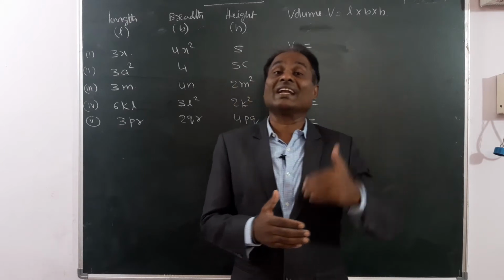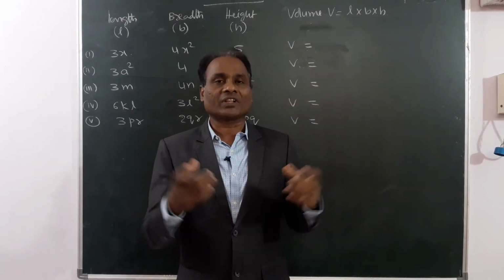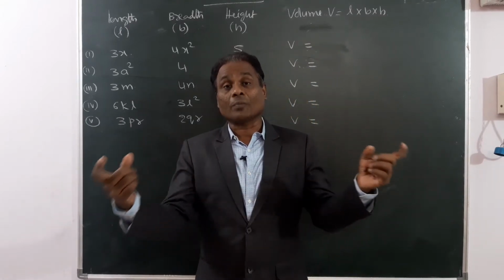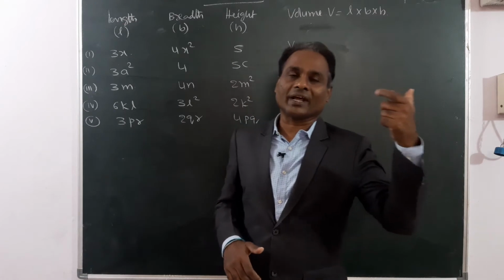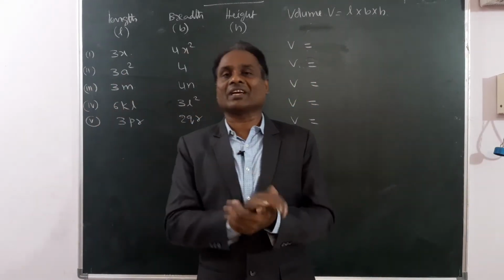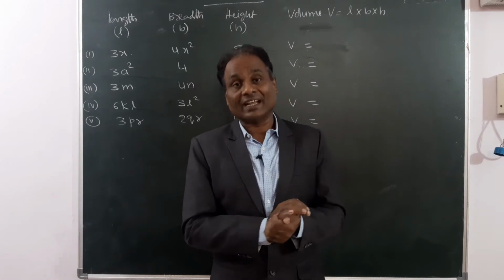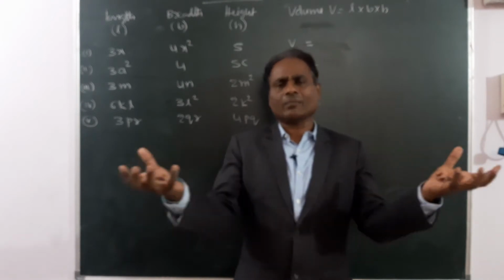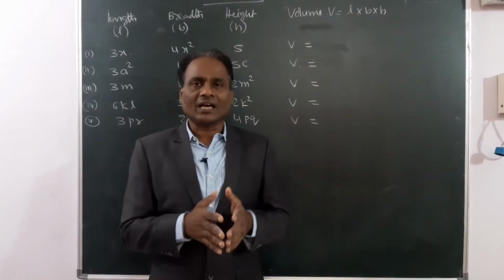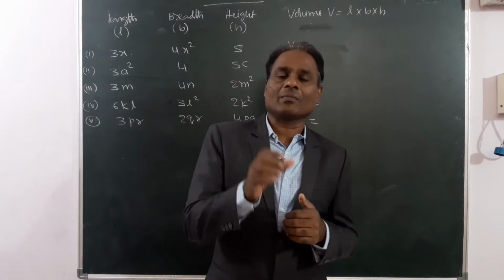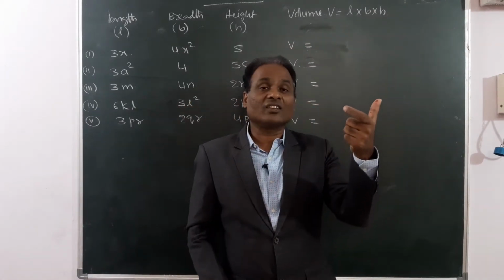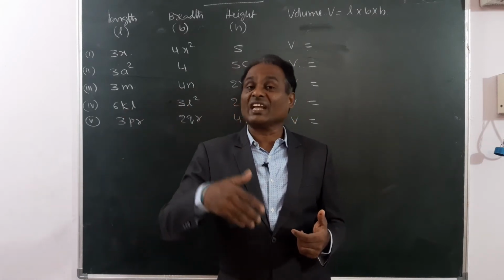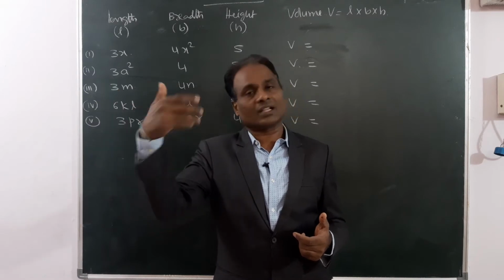Before that we studied like terms and unlike terms, and after that we studied how to add two algebraic expressions. Then how to subtract one algebraic expression from another. And after that, multiplication of algebraic expressions. Of course we can multiply two algebraic expressions, but in the beginning we are multiplying only monomials. That means an algebraic expression having only one term is called a monomial. Two terms binomial, three terms trinomial, more terms multinomial, that we studied.